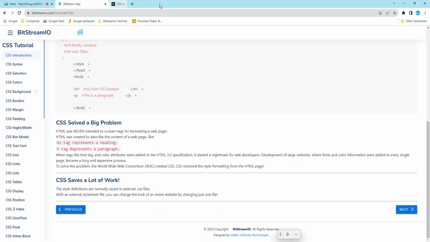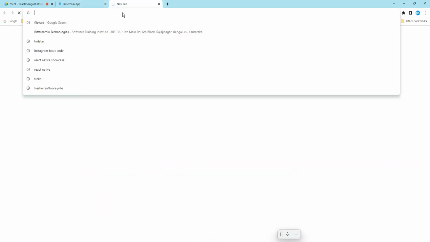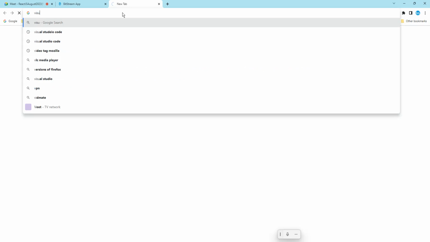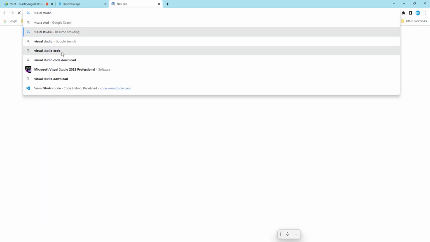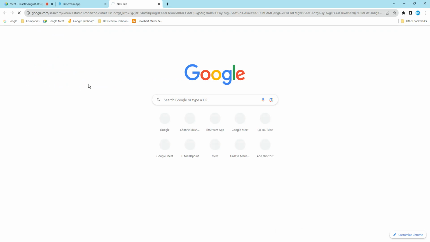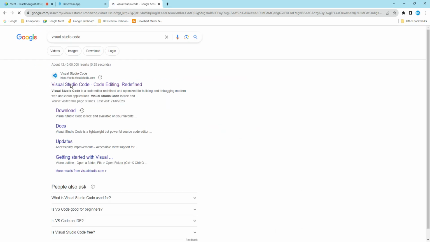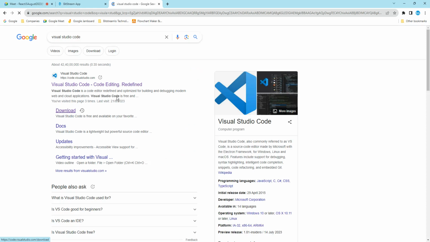Okay, what is here? I want to brief here. There is Visual Studio. We are going to download it and write the program. If you go for Visual Studio Code, it is going to ask for the download option. It is going to download from the Visual Studio site. If you click download, an .exe file will be